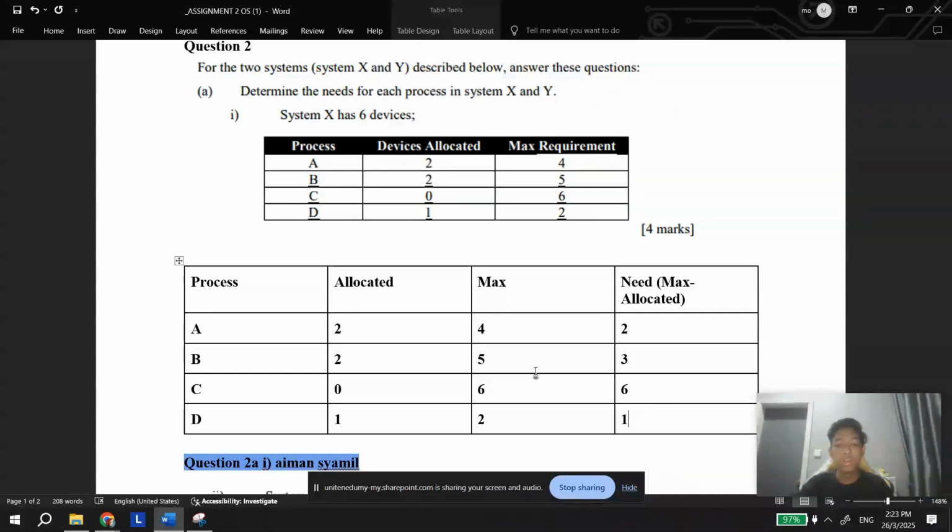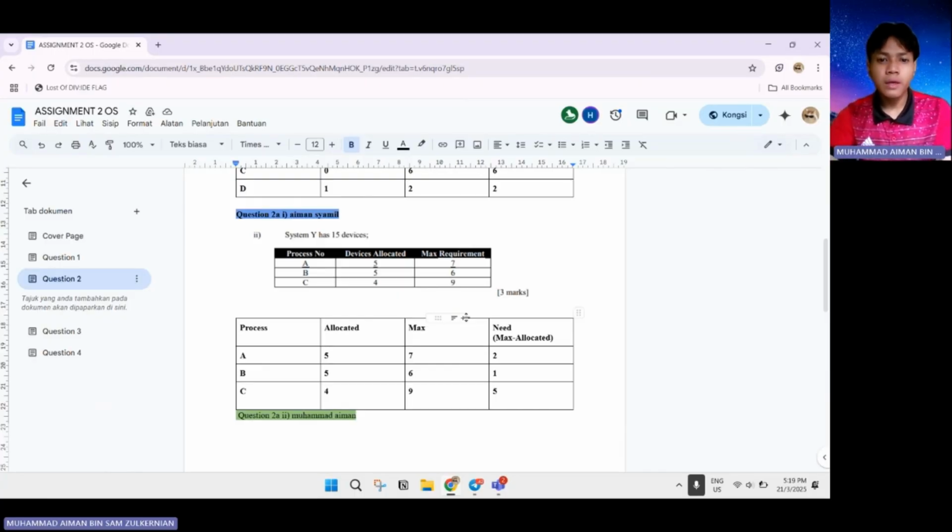So the need is equal to 6 minus 0, which is 6. And finally, for process D, it has an allocation of 1 and a max of 2. So the need is 2 minus 1, which is equal to 1. For question 2A2,